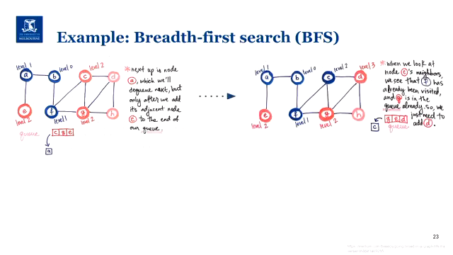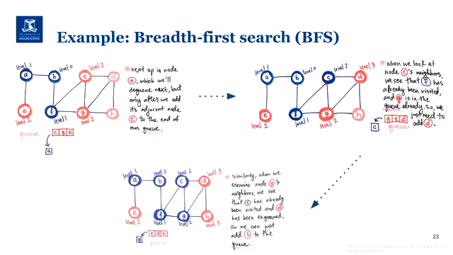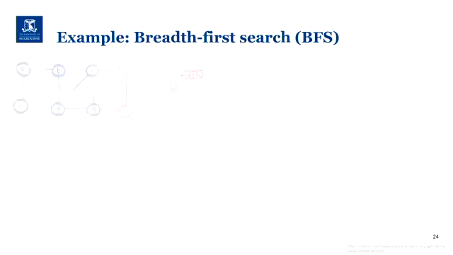Next up, we'll be visiting C, which is the next element in the queue, checking its adjacency to see whether there are nodes that haven't been visited before. There is G and D, but G is already in the queue, so we just add D. Our next element to be assessed is G. G is removed from the queue. We mark it as visited, and then we add the last item to be assessed, which is H. And then the queue will have just E, D, and H left.